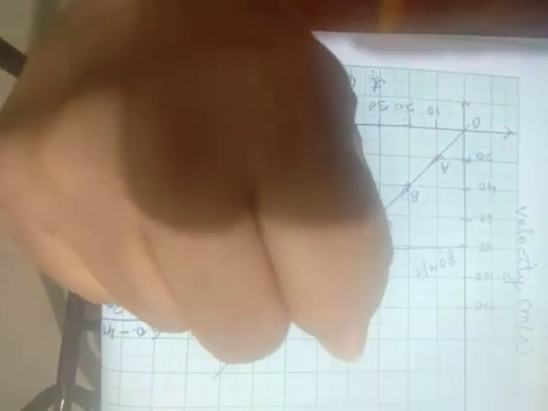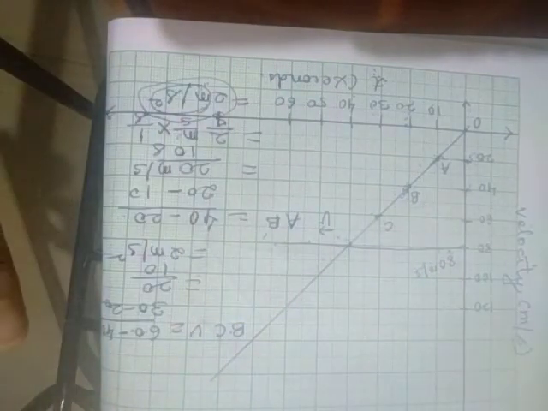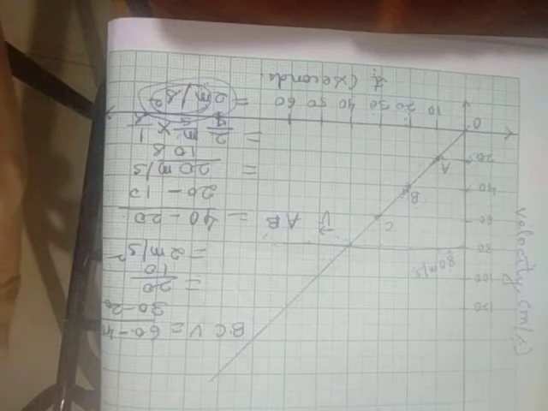Suppose you are riding your scooter, and you keep the velocity constantly at the same speed. You are not accelerating. If you are accelerating, then it will become accelerated motion, but if you are not changing the velocity, then there won't be any acceleration. It will be moving at the same velocity. Fine students, I hope you have understood what is accelerated motion and what is zero acceleration.